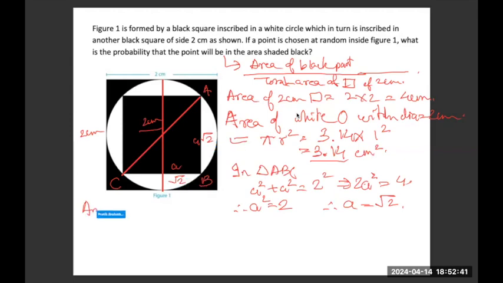So area of square with side √2 is equal to √2 multiplied by √2, which is 2 centimeters. Now I know the area of the white, I know the area of the bigger square, which is 4, and I know the area of the inside square. So the area of the black part